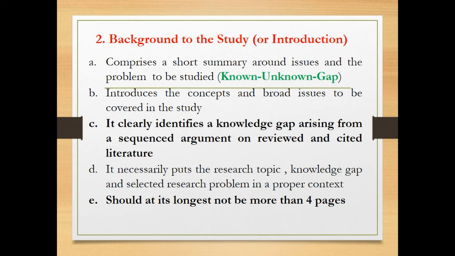Otherwise, with the background of the study, a very good author and reviewer should be able to make sense of it within half a paragraph. And you should be able to know, okay, this is where this person is going. This is the argument he's making. But if it takes 2 pages and you are still not clear, where are we going? What is happening here? 3rd page, 4th page, then there's a problem. Okay.